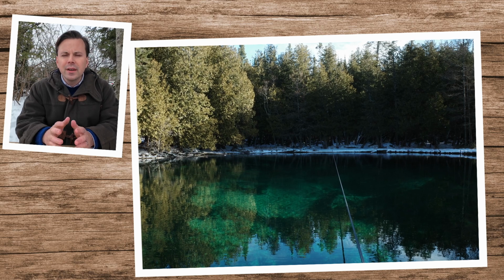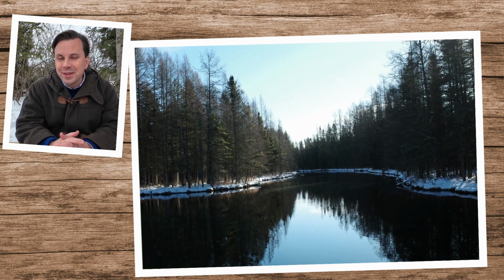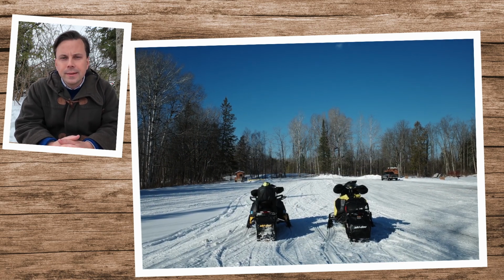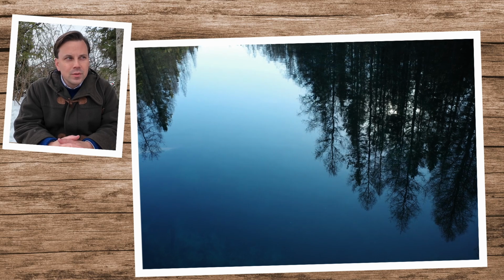It's absolutely beautiful. And so many people go in summer because not many people really go to the UP in the winter, unless you're a snowmobiler. Snowmobilers go to the UP in the winter, but most people don't. So most people go to Kitch-iti-kipi in summer, and that's cool, but there's a bunch of tourists there. But I went in winter just the other week, and